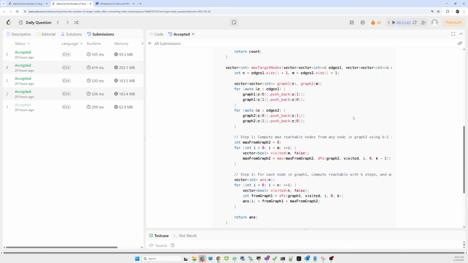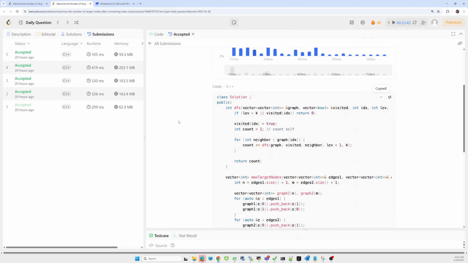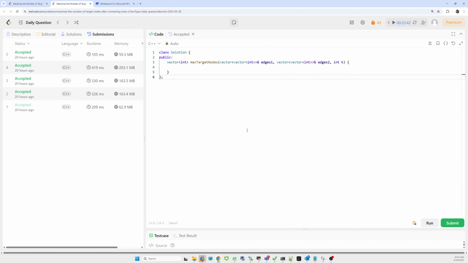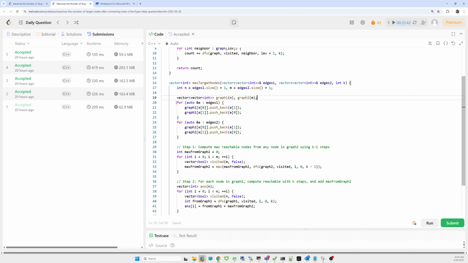So what will be the intuition? We are given these vector arrays h1 and h2. Let me copy this code and paste it here. In this query, we are given H1, H2 and K. From this H, we first need to make an adjacency list, graph 1 and graph 2. How will we make it? First iterate over H1. As the problem statement makes clear, the edges are bidirectional.